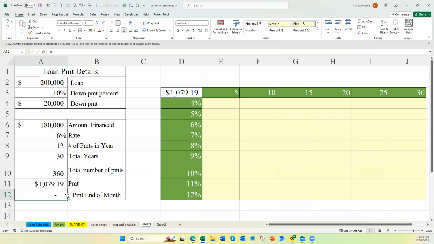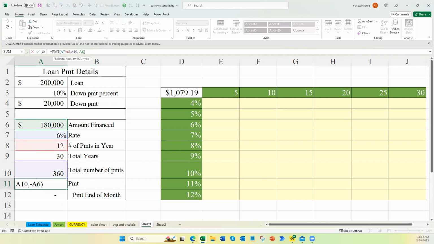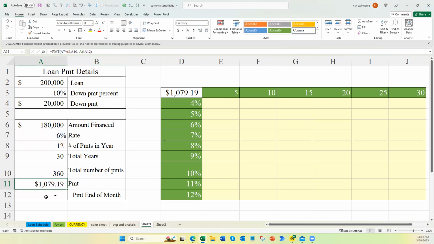But there is another thing you can attach into this, and that is the type. And the type is going to be here. Okay, let's look at that. Zero represents payment at the end of the month, which is the default, mostly what everybody else does. And if you hit a 1 in there,